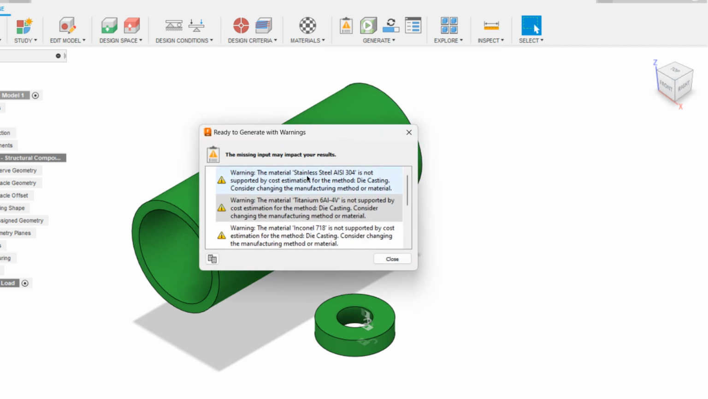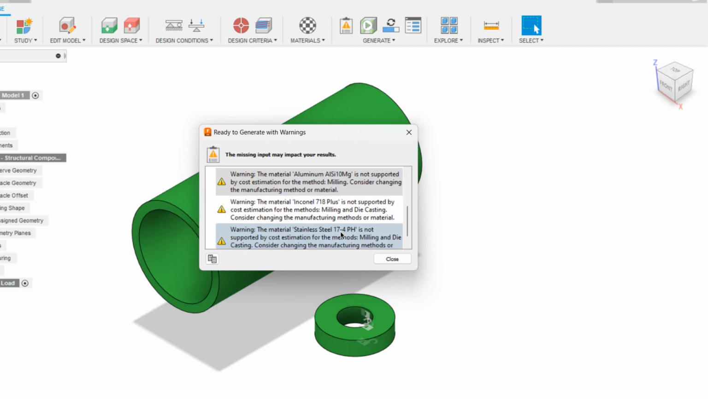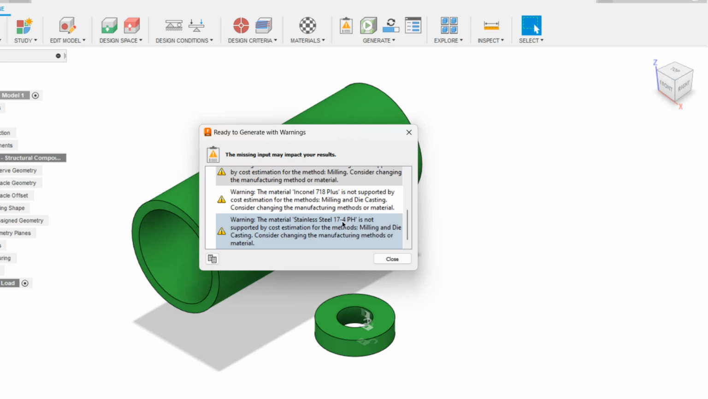So it is saying that stainless steel ASI 304 is not supported for cost estimation, die casting. And similarly titanium for die casting and Inconel for die casting. Stainless steel 174 pH for milling and die casting. We are going to remove those and add other materials for that particular manufacturing method. I'm going to close it,